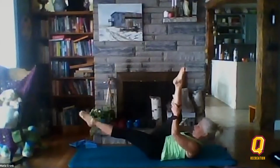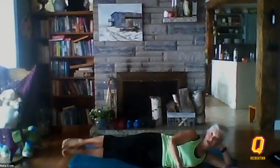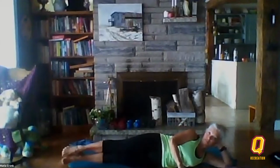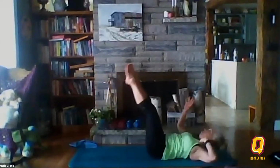Beautiful. And now again, you're going to bend your knees. You're going to come over to one side, and your legs are straight. And now lower and lift. Straight legs, lower and lift. Draw that belly in. Lifting those legs. Now, hold it up, hold it here, draw that belly in, roll back over, bring your legs